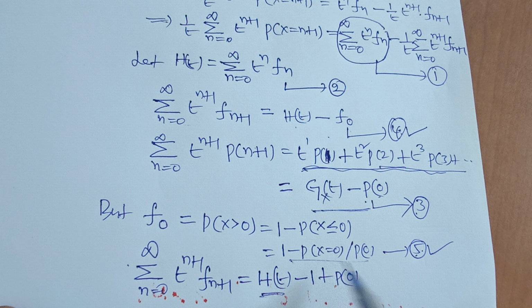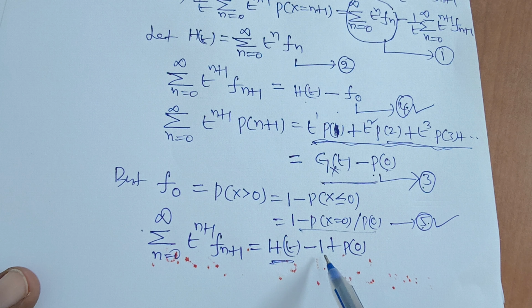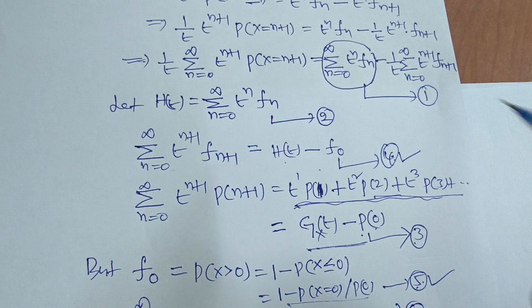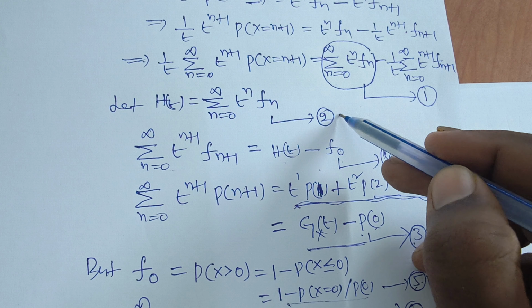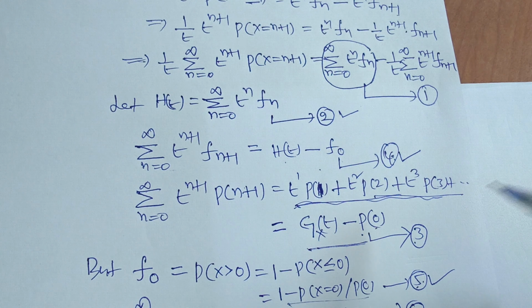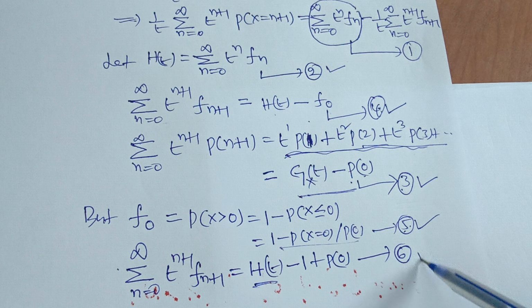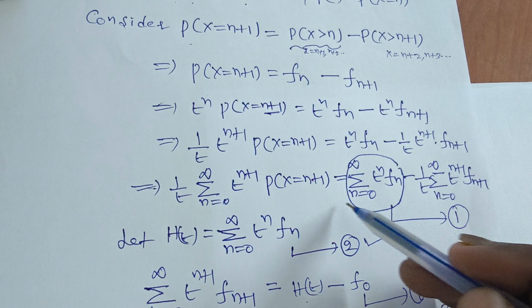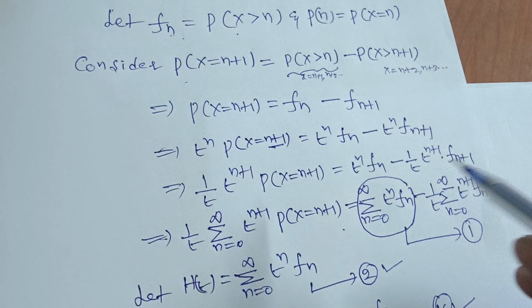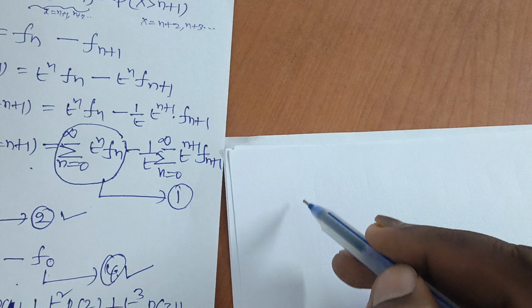That's why minus of 1 minus P(0) value is minus 1 plus P(0). Now substitute equation 2, equation 3 and equation 6 in equation 1. Then equation 1 implies